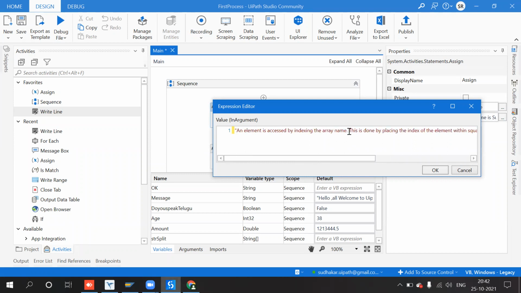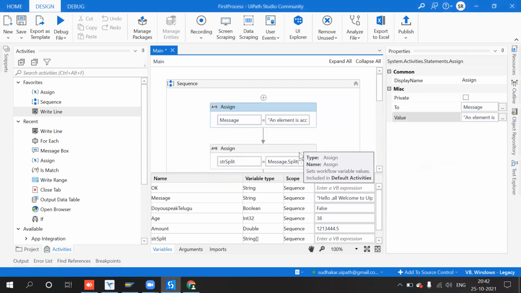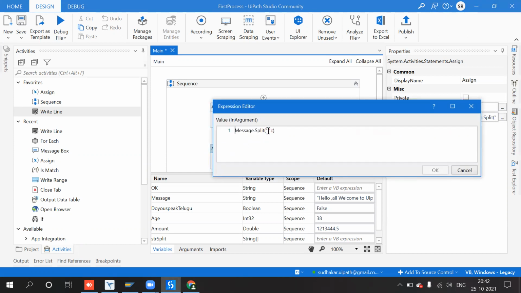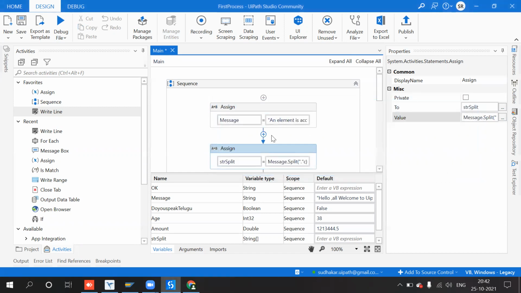So I want to use dot. That is my splitting character. So I will go here and use split. Then what is the character I selected? Dot. So now we will get only 3 values inside an array.